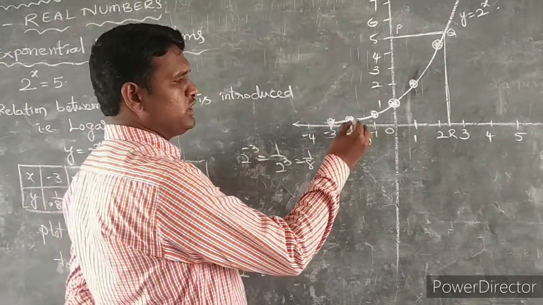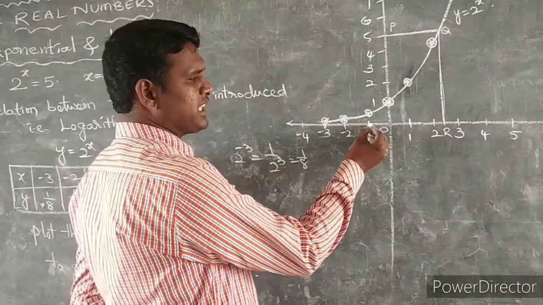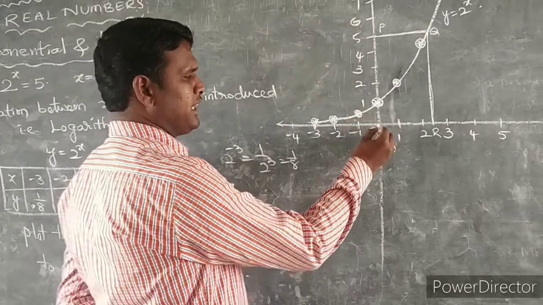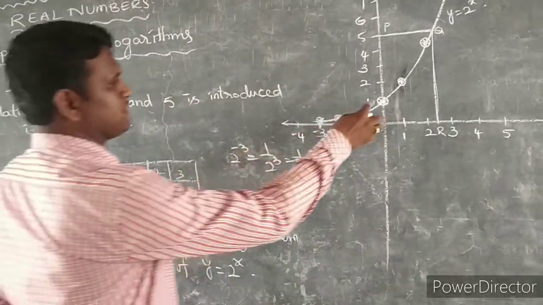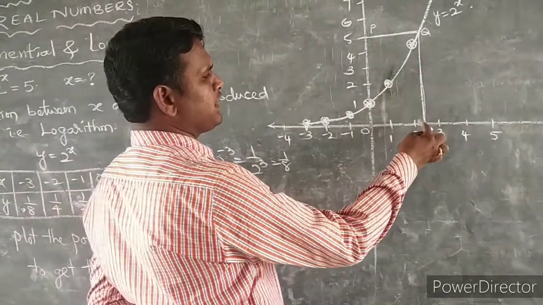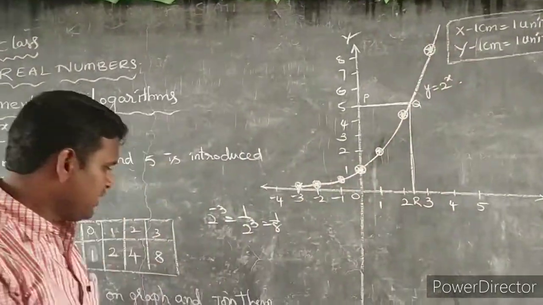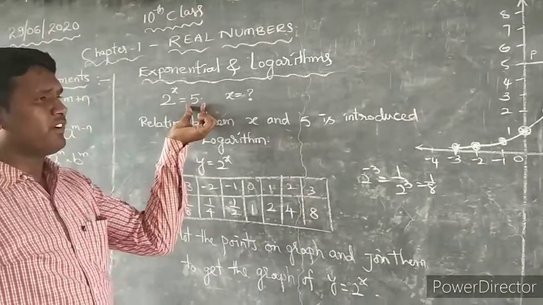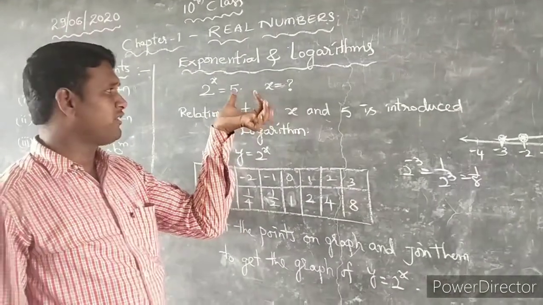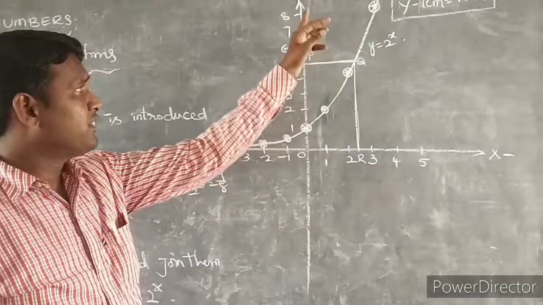At -2, 0.25. At -1, 0.5. At 0, value is 1. At 1, value is 2. At 2, value is 4. At 3, value is 8. Now, what is the value to be found here? We need to find out the value of 5. That's why from the y-axis